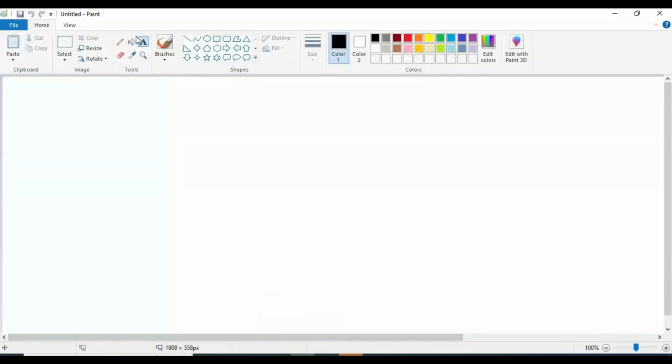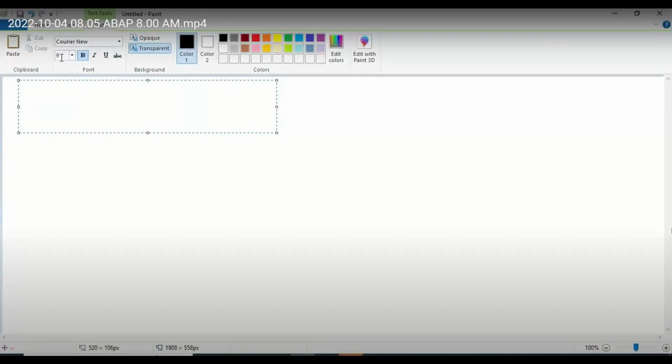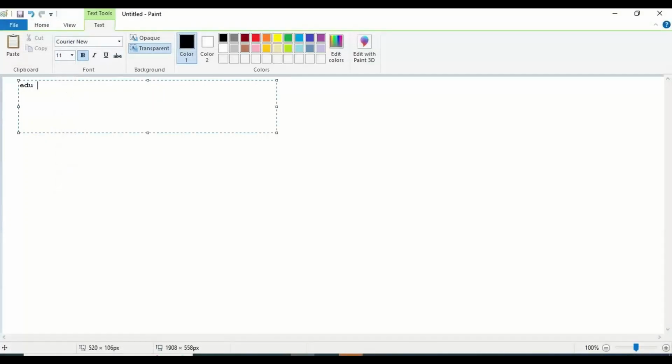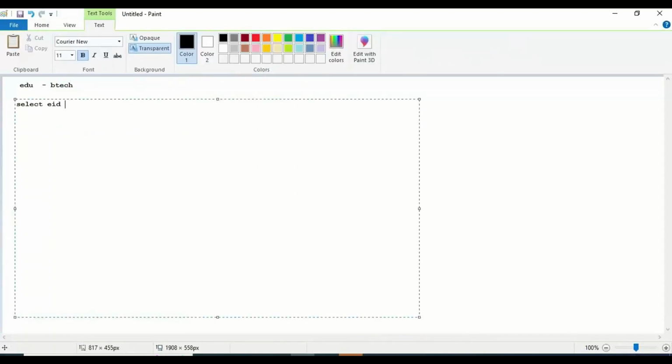So now my requirement is for the given city. Yesterday we have taken for the given education. So suppose if I say BTech, I was asking all the people who have done the BTech. So I have done this code in the following ways. So first I have selected on employee table, select EID, name, city, phone